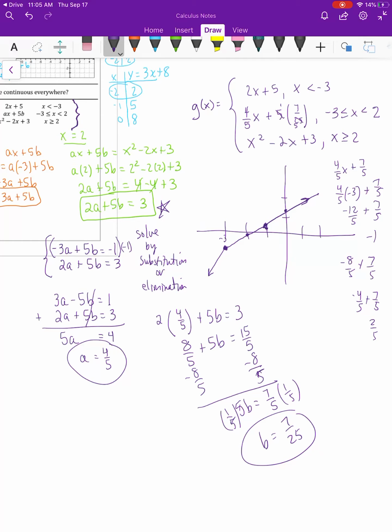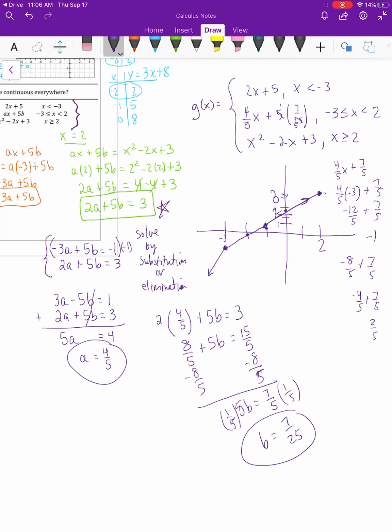And at 2, what would you have? You would have 8/5 plus 7/5 is 15/5, which is 3. So yeah, this is my problem, this y value, because at 2, that would have to be a y value of 3. So anyway, just kind of ignore my graph, 2 would have been up here. There's 1 and 2. So there's your little piece there, and then for that last part, it's a quadratic, but